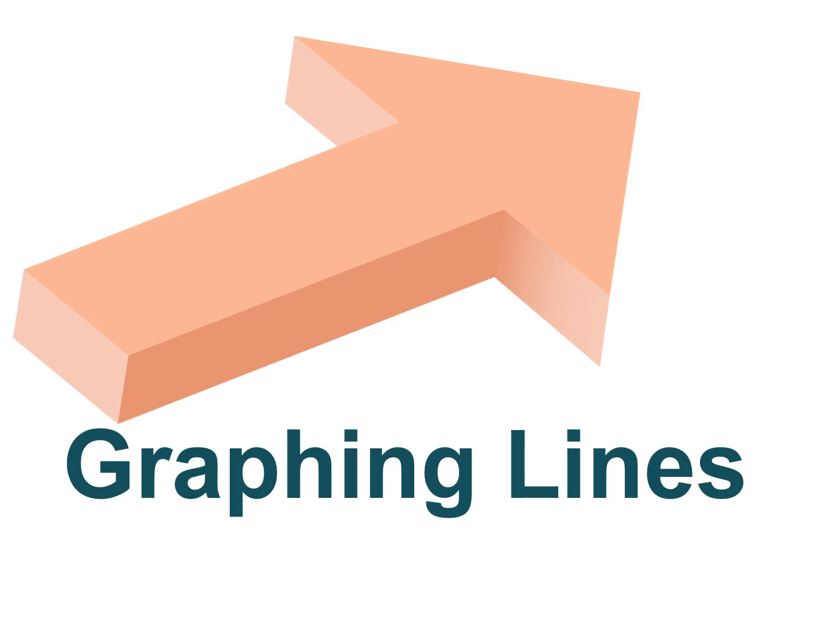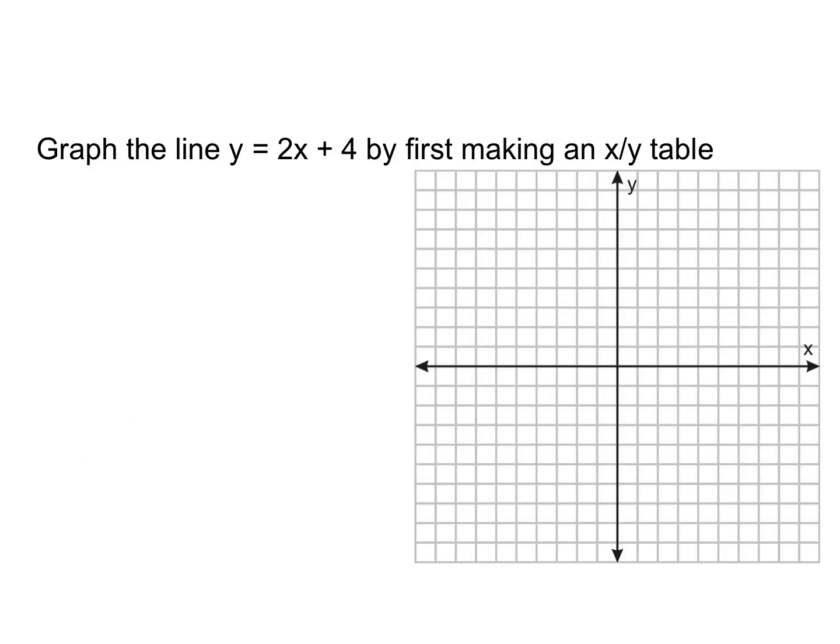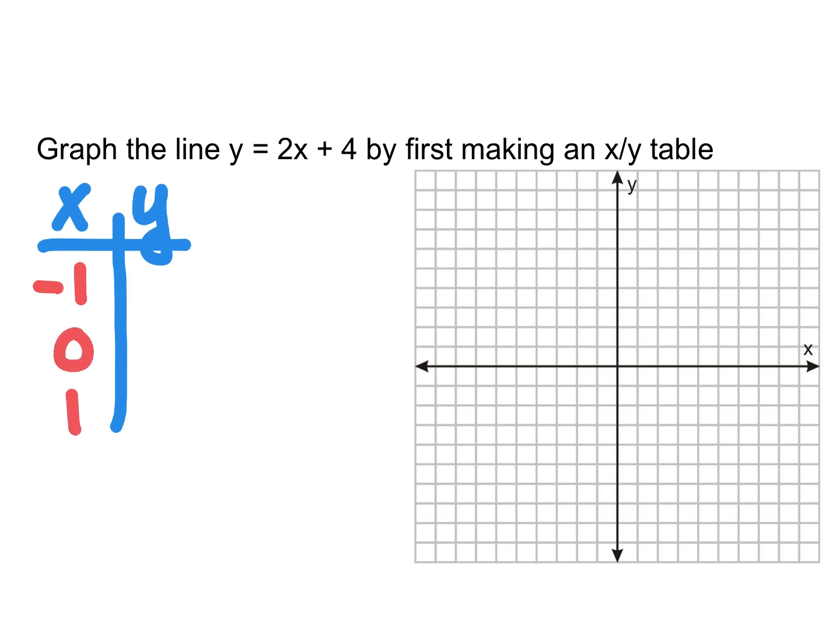Course in graphing lines. So we're going to graph this line y equals 2x plus 4 first by making an xy table. If you ever get confused with any type of what we call mathematical function, where we have two variables here, pick an x and a y, and you pick some values. It's always smart to pick a negative value, 0, and another positive value, and you substitute in, meaning you do